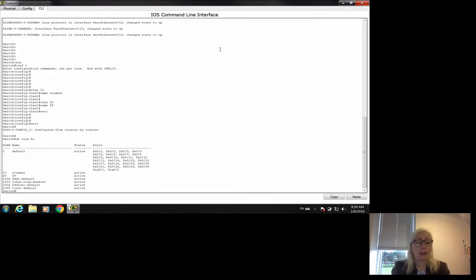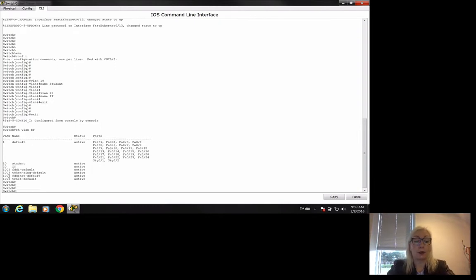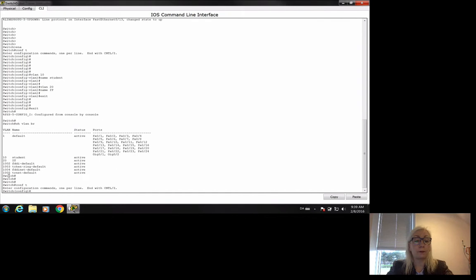Then I can now see that I have these two different VLANs here. I have a VLAN 10 and a VLAN 20. At the moment, I have no ports assigned to it. But I want to do that. I want to assign these ports to the different VLANs. So I go to config T again. I can do a range instead of taking one port at a time. It's easier to assign a whole range of interfaces. So I go to interface range FastEthernet 0/1 to